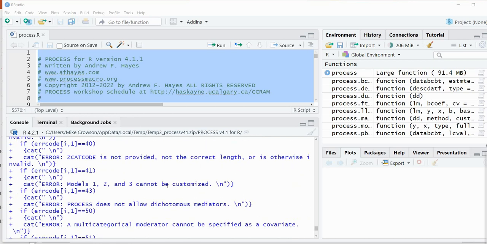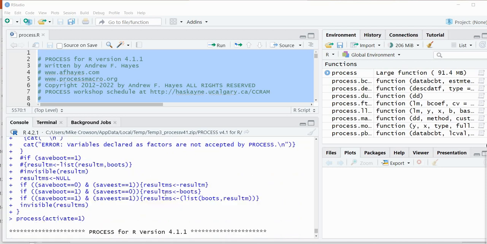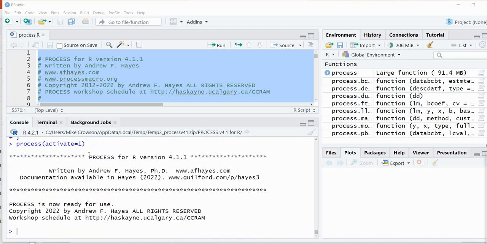you'll see at the very bottom in our terminal here, you can just scroll down, you can see all of the code. So make sure that you go to the very bottom and you'll see it says PROCESS for R version 4.1.1, and it says process is now ready for use. So we're just about where we need to be, but the next step is we need to import our data